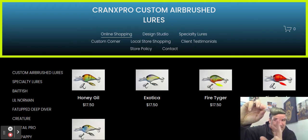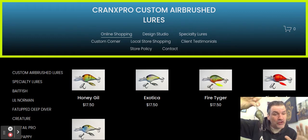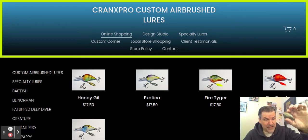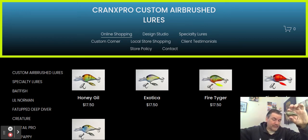Now, some people will swap these out. They will put the treble here and put the spin on the back. That's another modification you can make to these baits that changes the presentation. Sometimes that's all you need to do, a slight change, and then you start triggering bites. So this is a crank spin. I love it. It's highly effective, especially for bigger largemouth bass, both in impoundments and in deeper water lakes, or from the Upper Bay and tidal, where there's just deeper water,